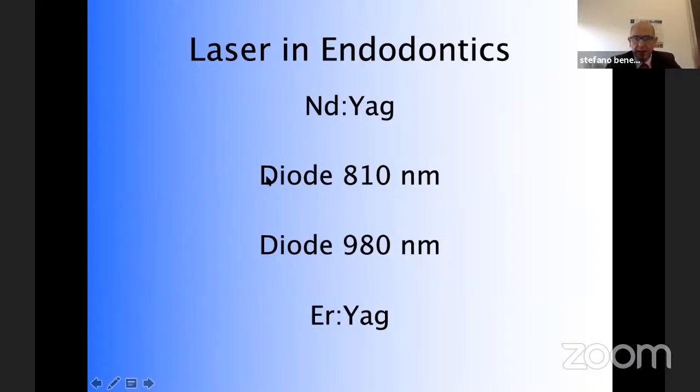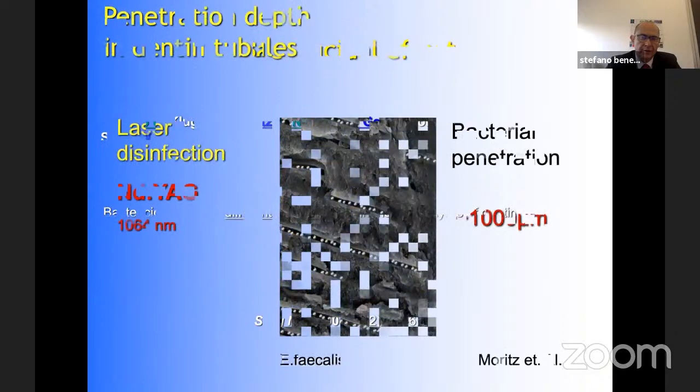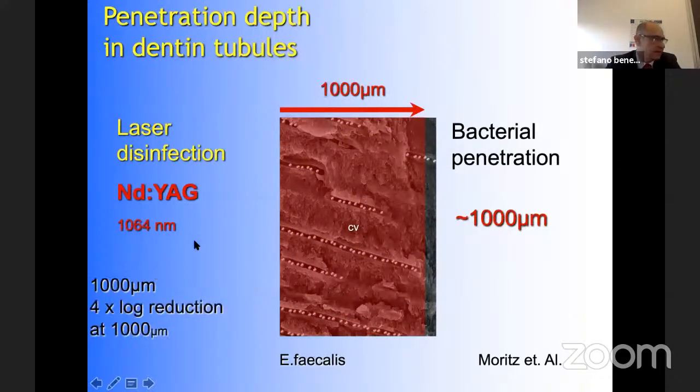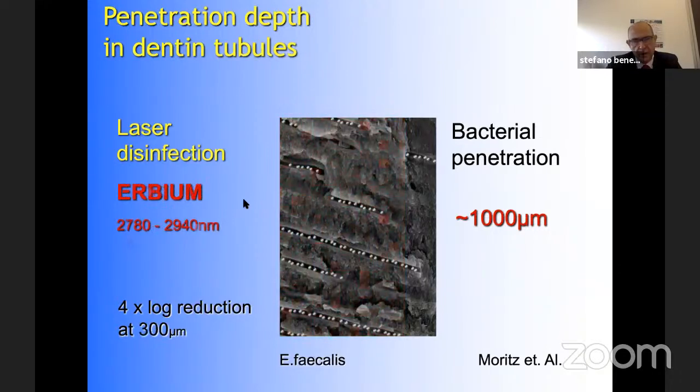and the wavelengths we can use are basically Nd:YAG, diode 810, diode 980, and now erbium-YAG. And we know from literature that these lasers, these wavelengths, are effective in penetrating deep layers of dentin. And according to Andreas Moritz in his nice publication, Nd:YAG can penetrate up to 1 millimeter in dentinal tubules. So Nd:YAG is an excellent wavelength to decontaminate our root canals. Diode lasers also have a very nice penetration, up to 0.7, 0.8 millimeters, and they can effectively decontaminate the root canal systems, while erbium laser has a limited penetration, but